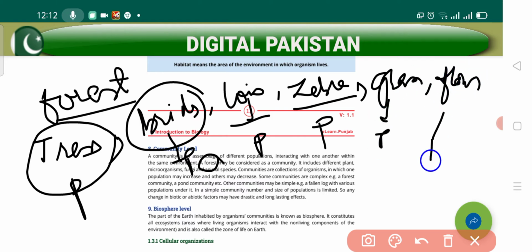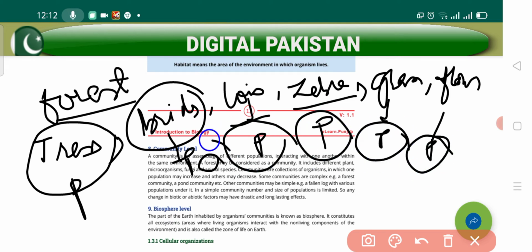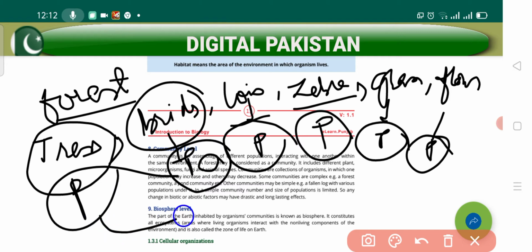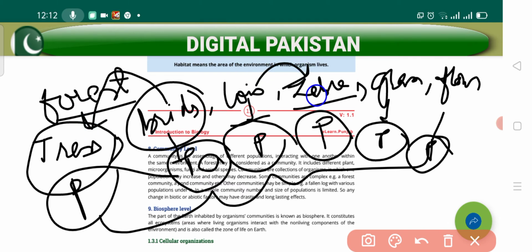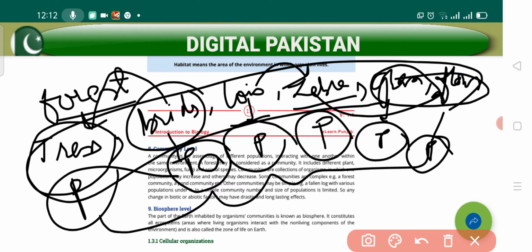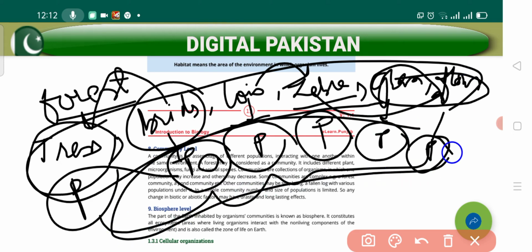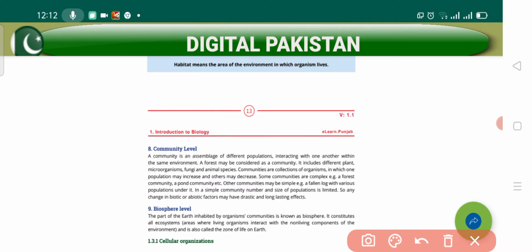These all are the populations which are going to assemble with each other and interact with each other in the same environment, then this will be known as a community. Let's suppose, beta, the birds are going to interact with the trees. The lion is going to eat the zebra, and the zebra is going to eat the grass and the flowers. So they all interact with each other. That's why it is said that a forest is a community,